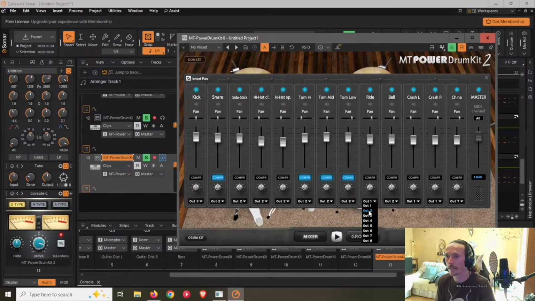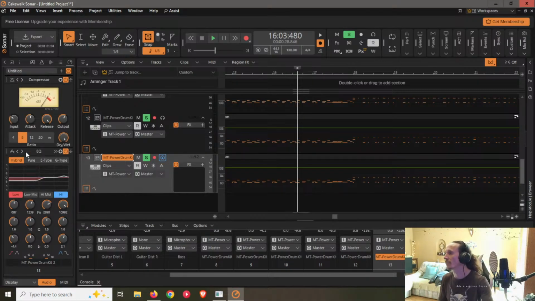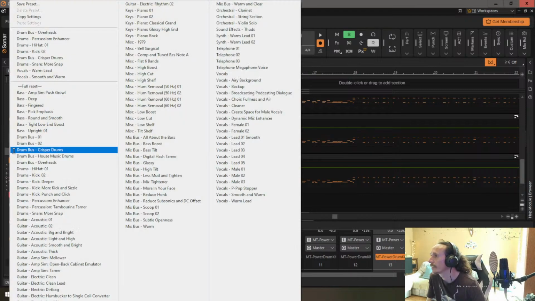It's fine. 2. I'm just putting the China in here instead of doing a gazillion different things. So you don't get EQ settings for the China specifically. But there we go, drums overhead, EQ,